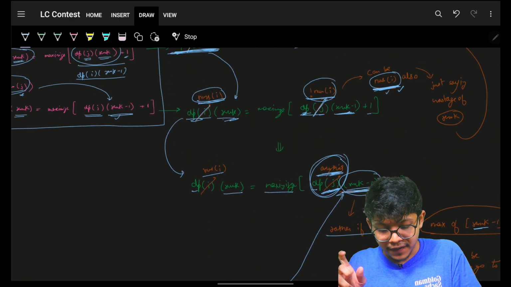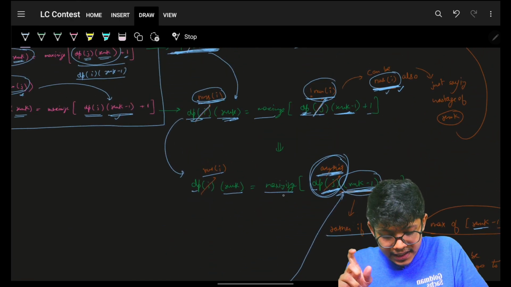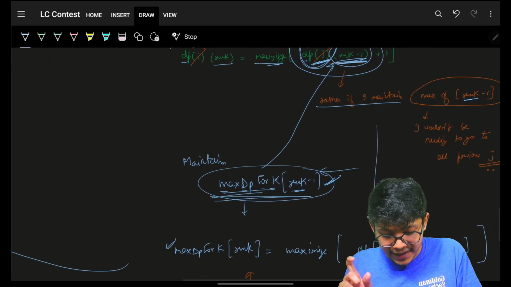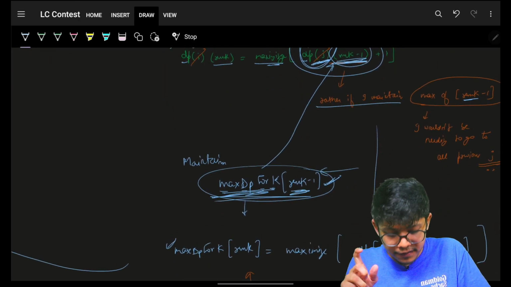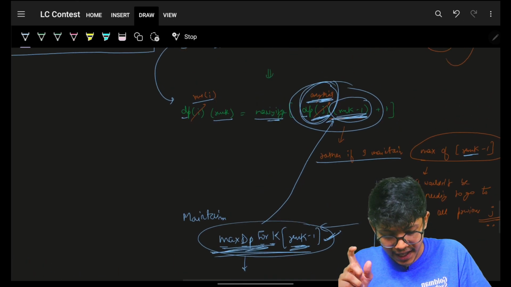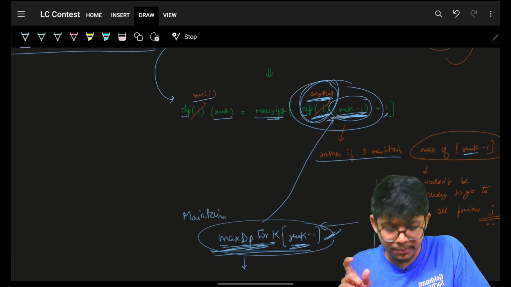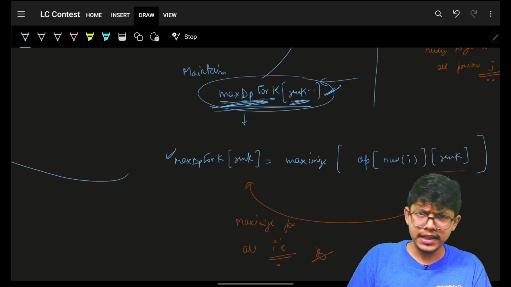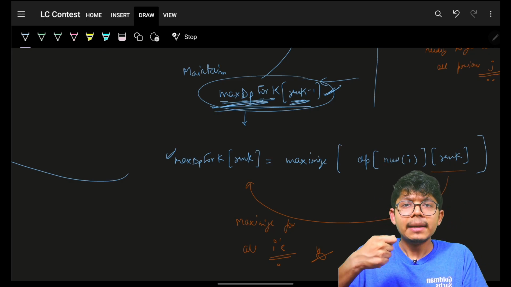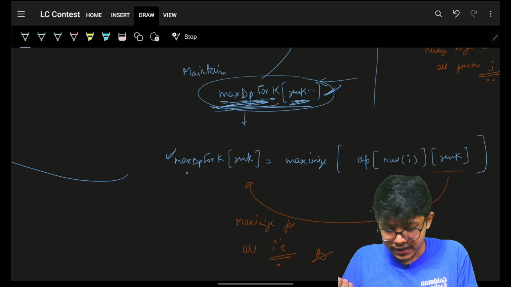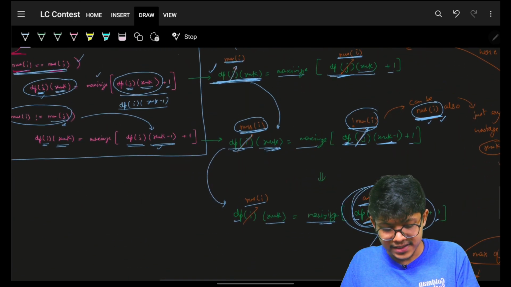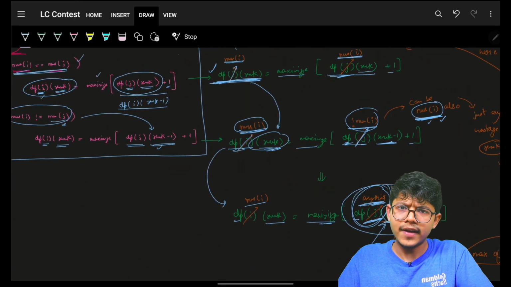of nums of I remaining k is maximizing this value. This value is maximum dp value for a k, and thus I will pass in remaining k minus 1 and then plus 1 for a new extra length added. And how will I update my maximum dp for k? I'll simply say maximum dp for k for the specific remaining k will be the same value of this dp value, because I just want to